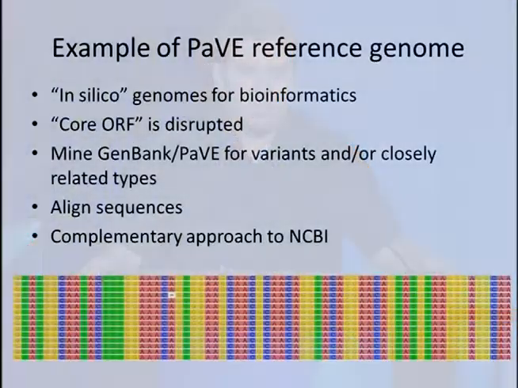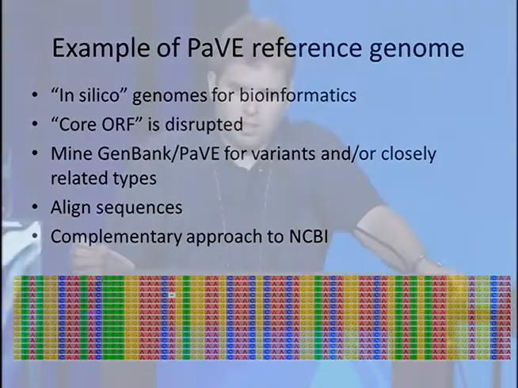Since PAVE really is a bioinformatics tool, what we want to provide users are sequences in which all the expected features are present. And if an expected feature is missing, what we're trying to do is use the maximum amount of evidence to use the minimal amount of edits to fix those mistakes and to reintroduce that feature that we are expecting. So the sequences we have on PAVE will be slightly different from the ones at NCBI, but the idea is that these sequences are going to be used for bioinformatics approaches as a reference, and we are calling them in silico genomes to amplify the idea that these are not